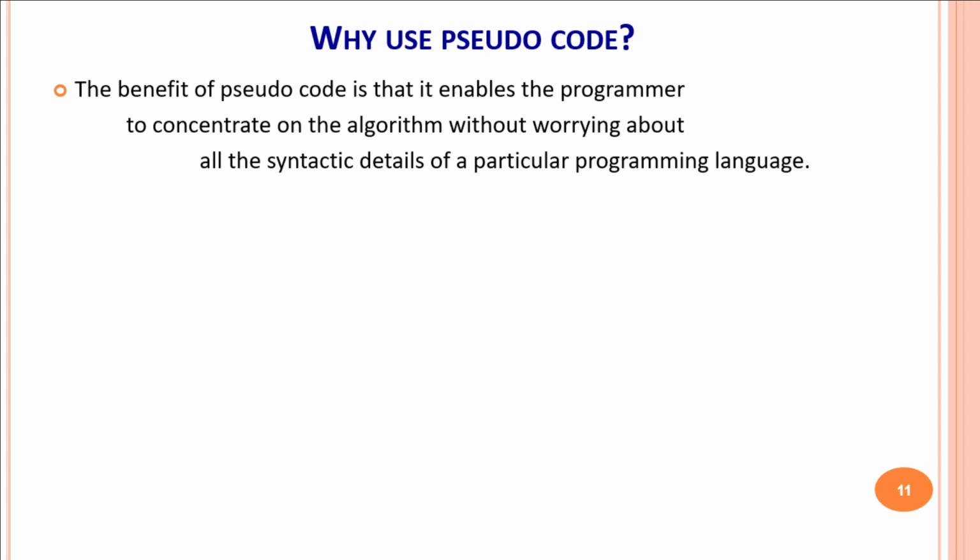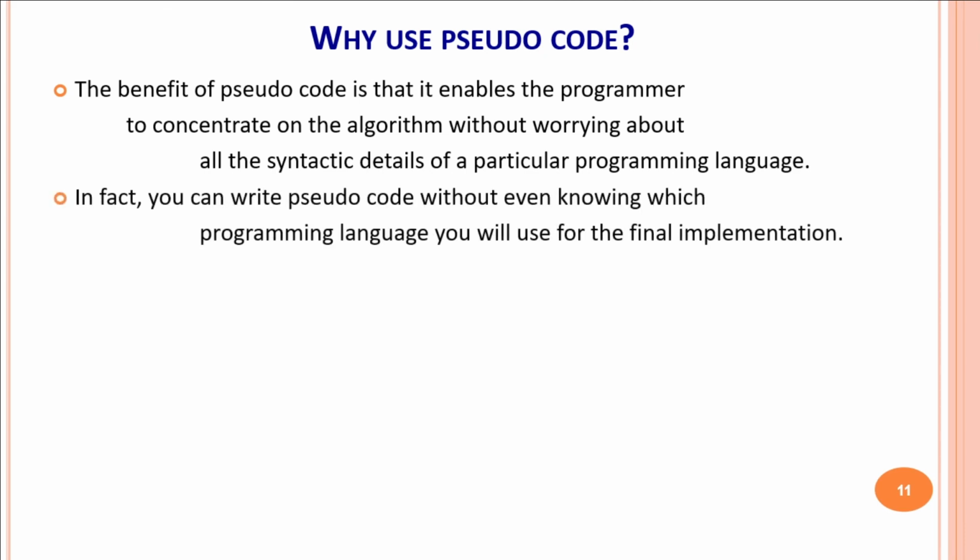You recall just now converting marks into grade point. We have written the algorithm pseudocode without bothering about C language. So that is the point, that you can concentrate on the algorithm without worrying about the grammatical rules of a